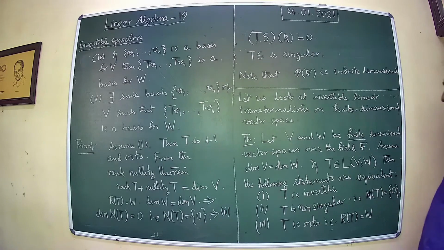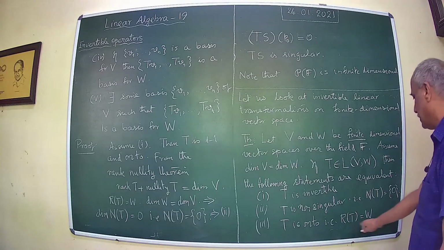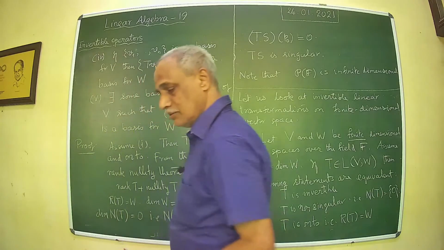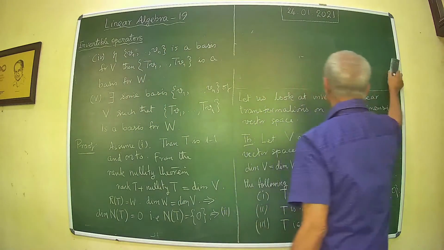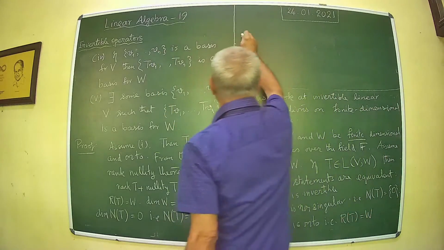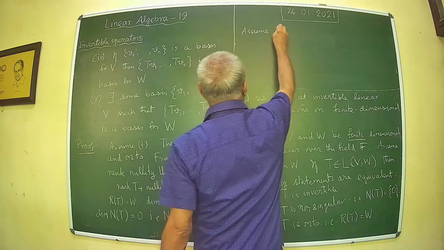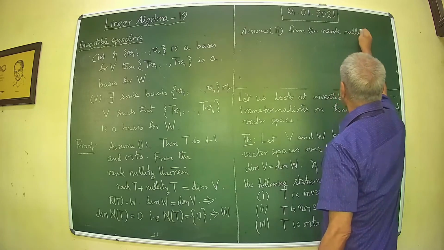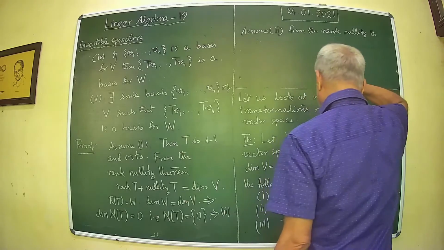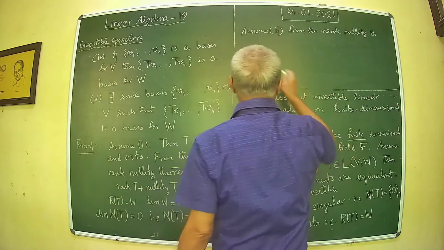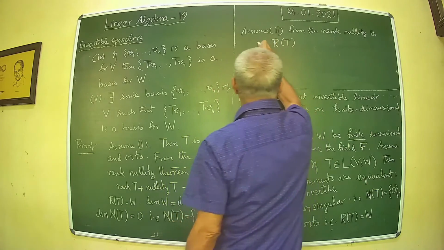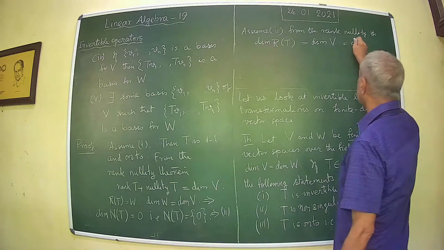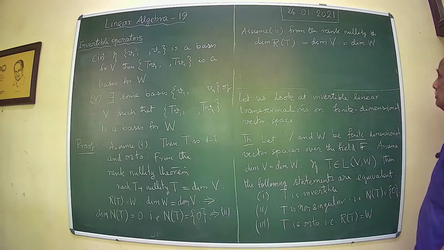Now you can use the same argument that if T is non-singular, then range of T is equal to W. Reverse that. Then you see that assuming 2, one can, from the rank nullity theorem, we have, what do you have? Range of T, and this is equal to dimension of W. Therefore,